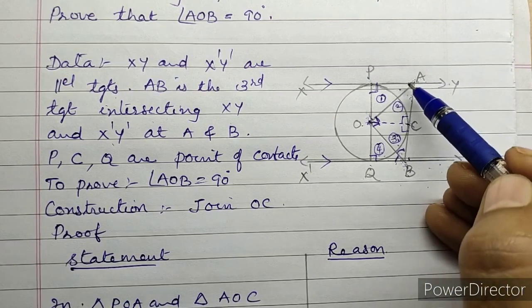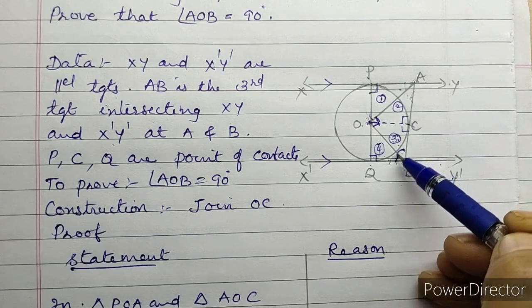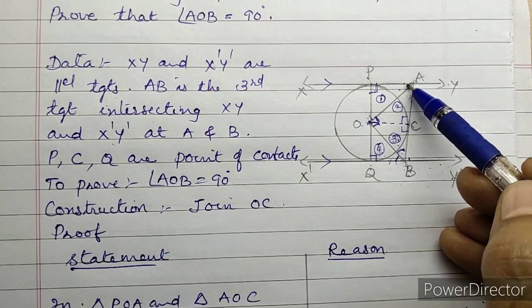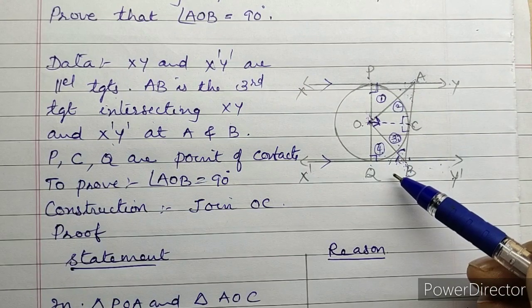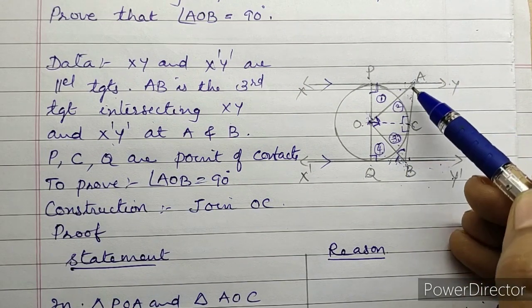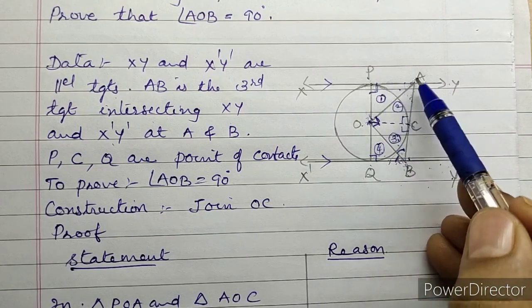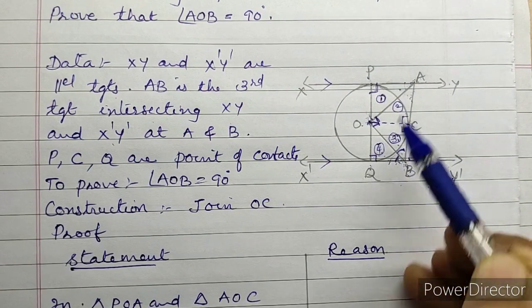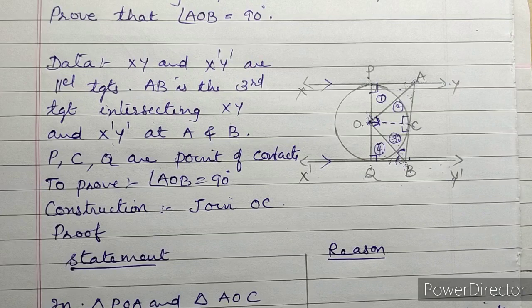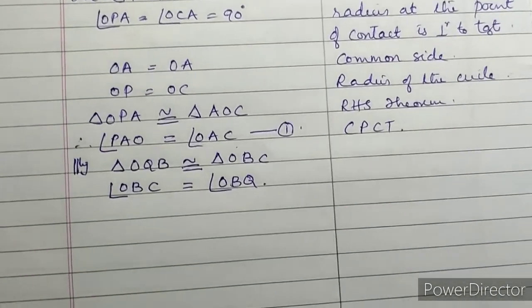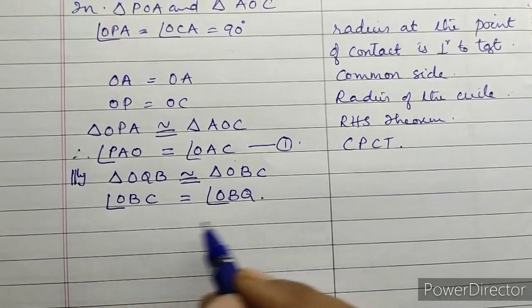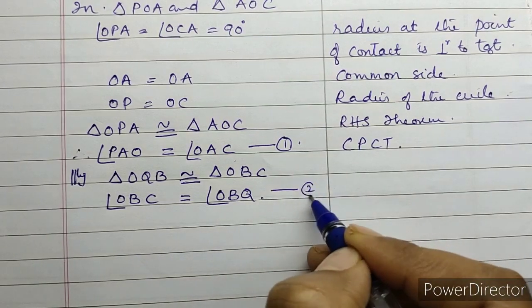If AB is the transversal, this angle and this angle, what are they? Yes, they are interior angles on the same side of the transversal. What is the speciality of those interior angles? Interior angles sum is 180 degrees. So that means angle PAC plus angle CBQ is equal to 180 degrees. What is the reason? Interior angles on the same side of the transversal are supplementary. So that is the second part. So we will write that. Keep it like this only here. You can put this as the second equation.